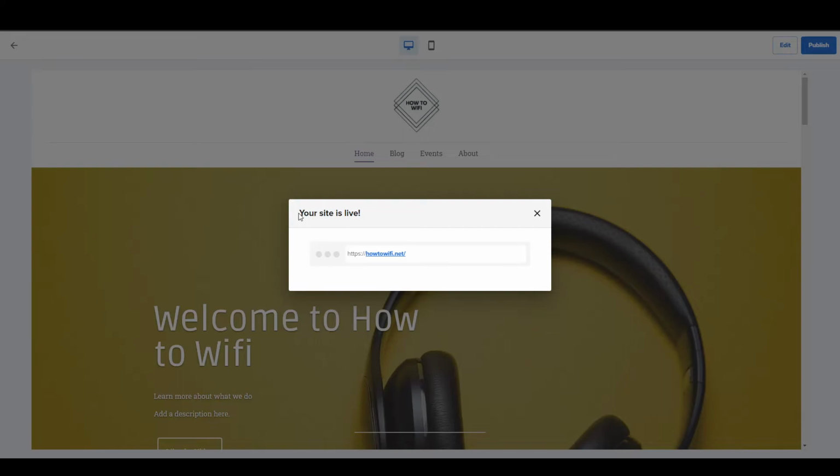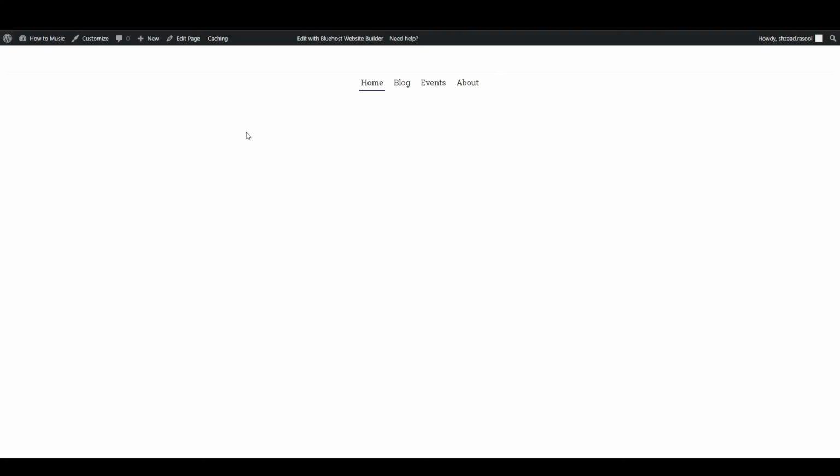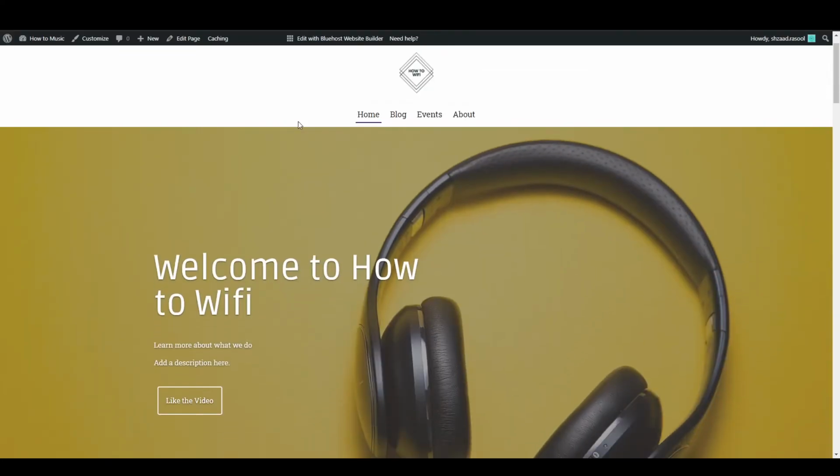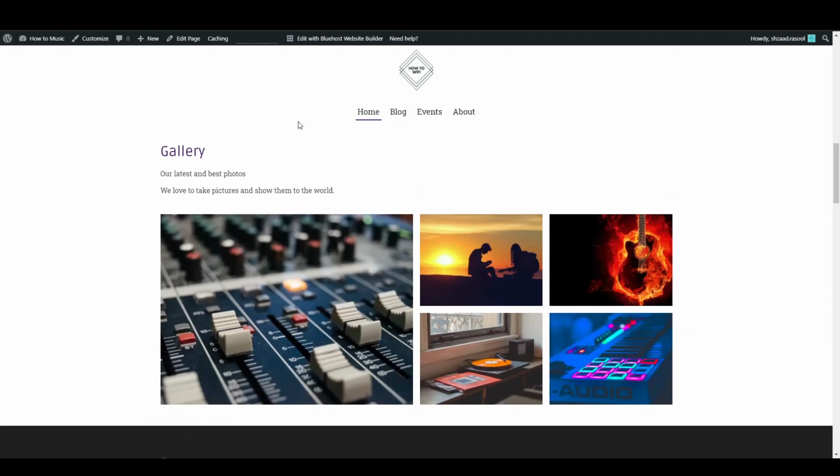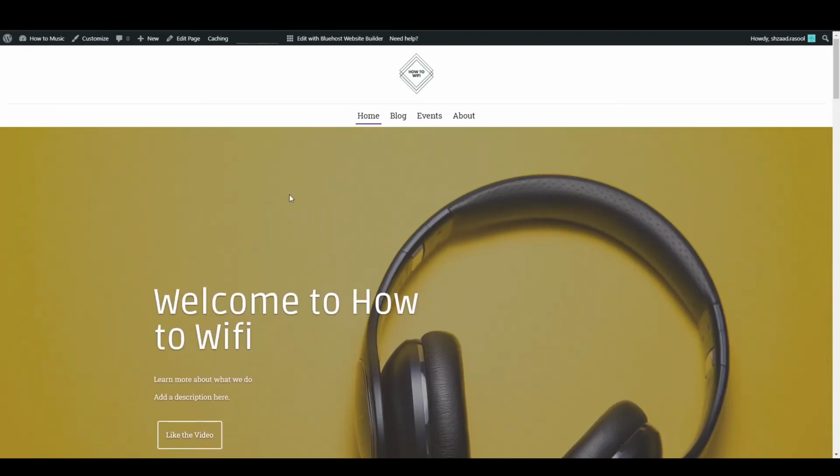And as you can see, your site is live. Now you can visit it, and it will be shown like this one. And now if you want to edit this website again, you can simply click here, Edit with Bluehost Website Builder. And let's suppose you want to add a post to your website. You have to click on Dashboard,